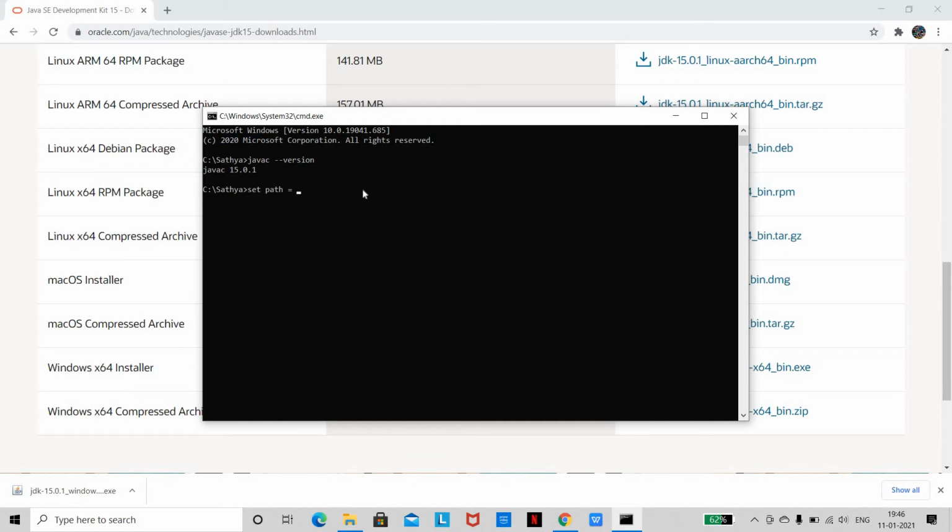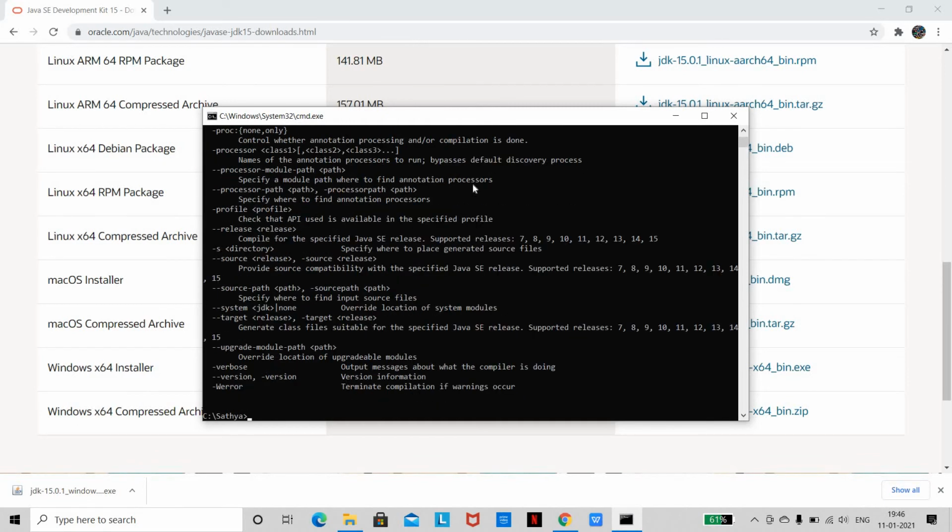Just right click on the command prompt and it will get pasted. So the path has been set up, and then you need to compile the files. Before that you can check all the library options by just giving javac. It will show up everything. This means that you have just installed Java.